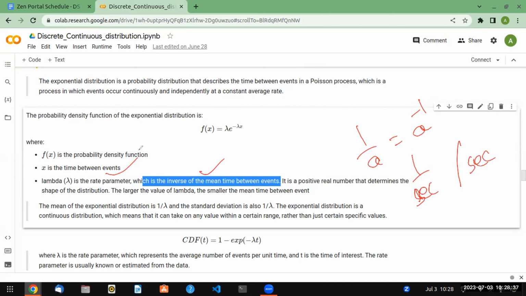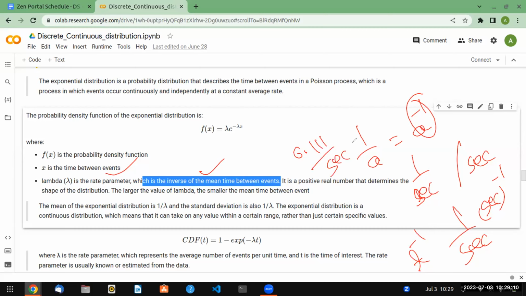How can we easily identify the rate parameter from a mathematical question given to you? You see the unit. If it is 1 by second or second to the power minus 1, it will be a value like 0.11 or 0.001. That is the numerical value, and the unit also needs to be mentioned. When you say 0.111, it is 0.111 per second. If this is written, that is your rate parameter.